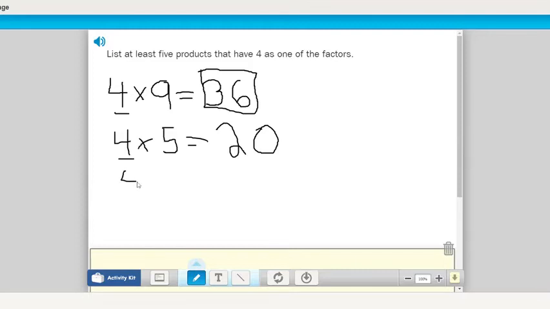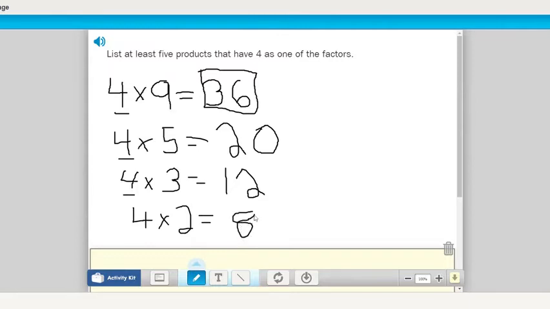How about another one? I could do 4 times 3, and that equals 12. I could say 12 is a product that has a factor of 4. I could do 4 times 2, and that equals 8, because 8 is a product that has 4 as a factor. I could say 4 times 7, and that equals 28. I could say 28 is a product that has